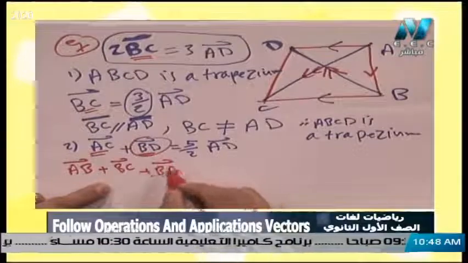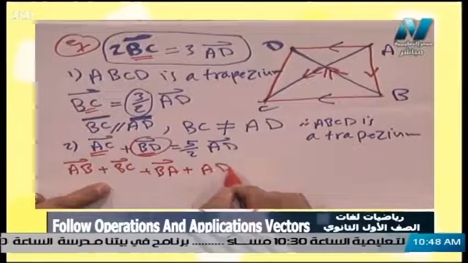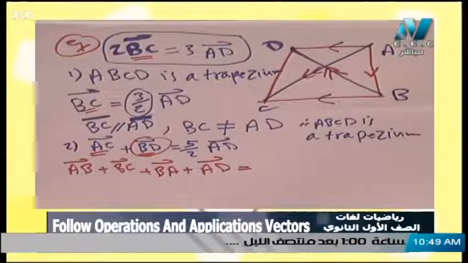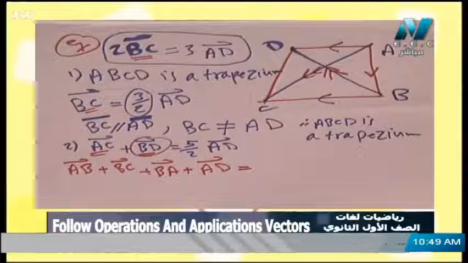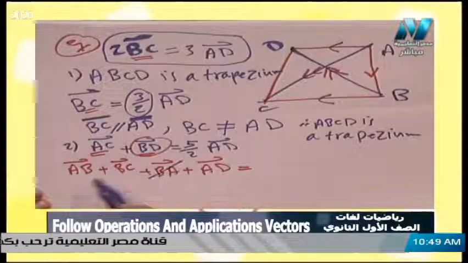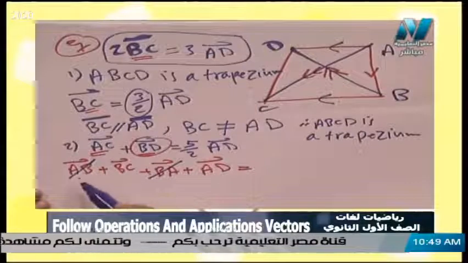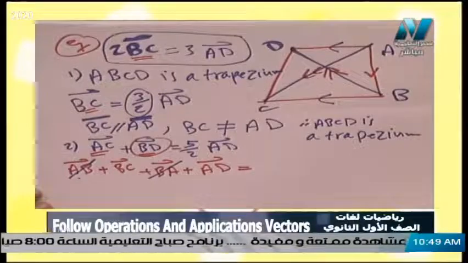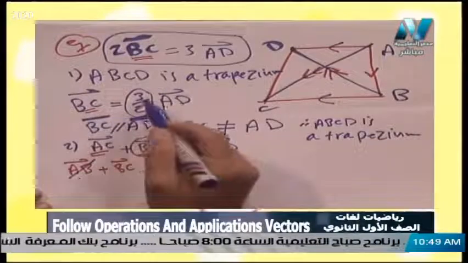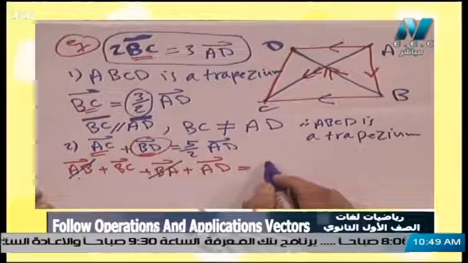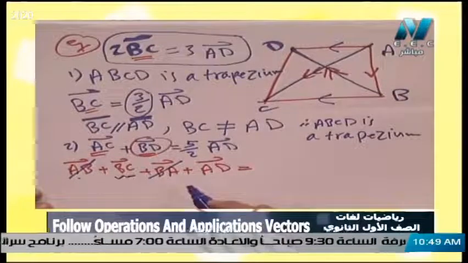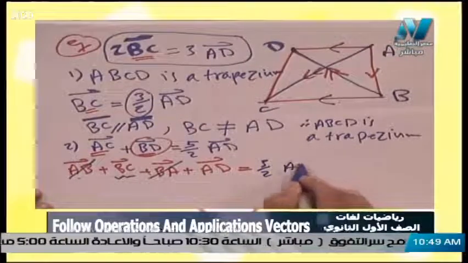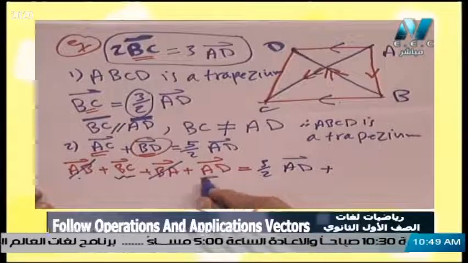We have here the vector AB and vector BA, their sum equals 0 because they are opposite vectors and equal in magnitude. We have also BC vector, and we know BC equals 3 over 2 the vector AD. So we can replace the vector BC here by the number 3 over 2 AD plus AD itself,